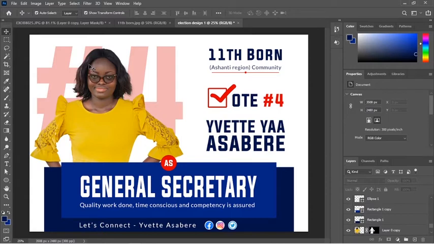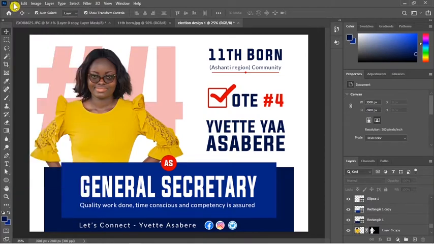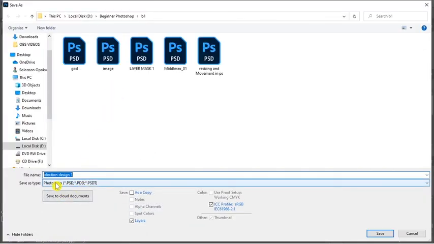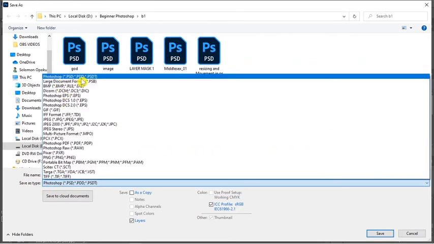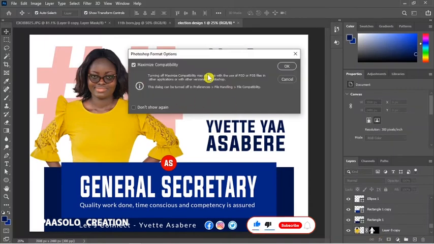And PNG documents are just documents that can only be opened in Adobe Photoshop. Then open the file, go to File, Save, and in this we are going to save it as Photoshop PSD. Just click on it and click on Save, and we are going to see maximum compatibility, blah blah blah blah.